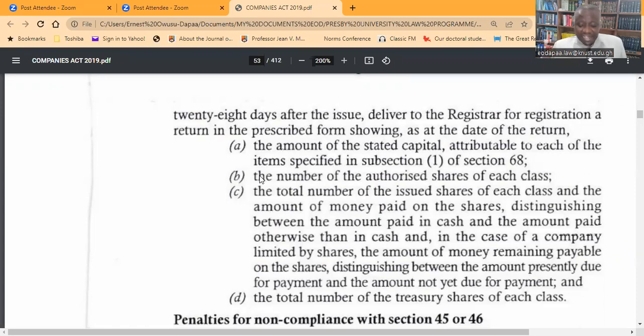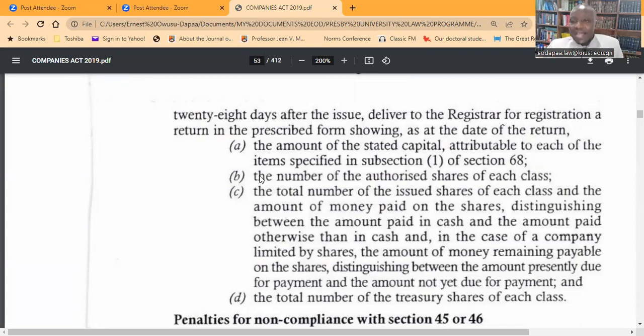So like the stated capital of the company, how much money the company is actually running with as raised. But there are various components which go into that. And the components which go into the stated capital have been spelled out in section 68. So if you go to section 68, for example, we will be told that stated capital is made up of, if you like, three main things. One, the total proceeds of every issue of shares for cash, including amounts paid on calls made on shares issued with an unpaid liability, less deduction for transaction costs that are directly incidental to the share issue. Simply put, section 68